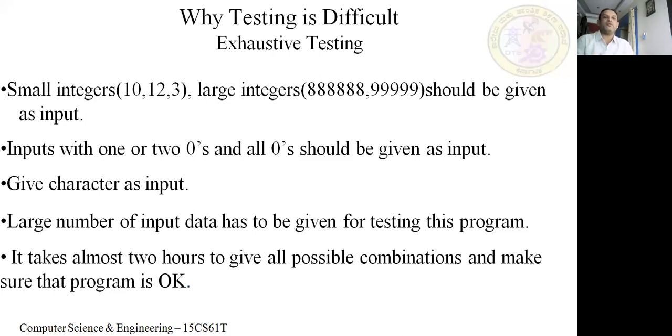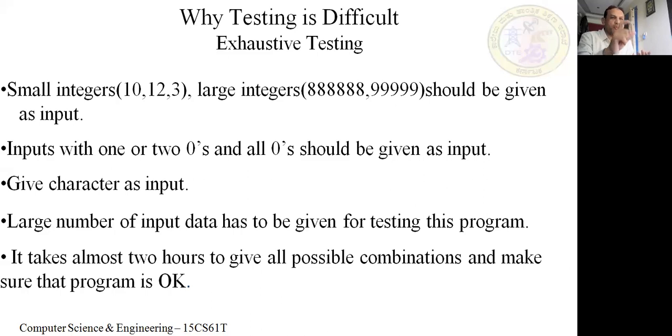See, there are so many types of values for just a small program to check whether, when you enter the three sides of a triangle, they are going to form a triangle or not. For a small program, we need to enter so many types of values. First is correct values, wrong values. When you enter correct values, integer and float. Again in integer, small integers, large integers. Again, with 1 zero, 2 zeros, or all zeros, or with a character, or with the input of data.